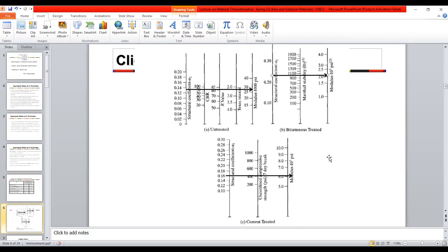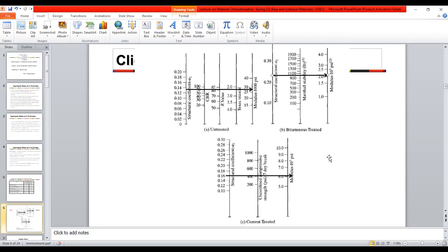But in the case of a treated base, before having another layer of surface course, we must add either bitumen or cement with the aggregate. What will it do?